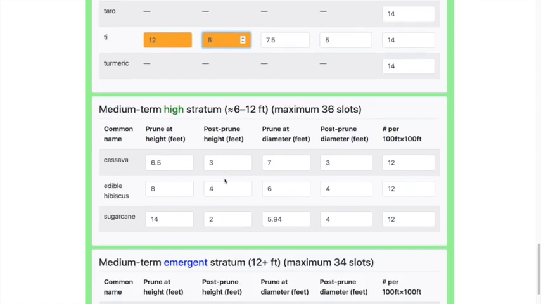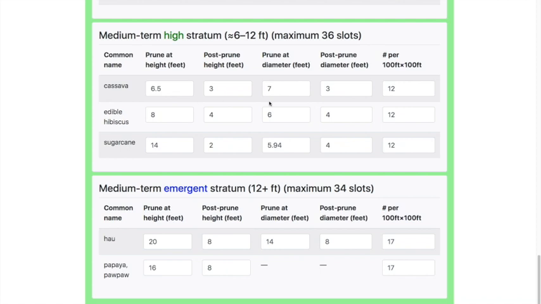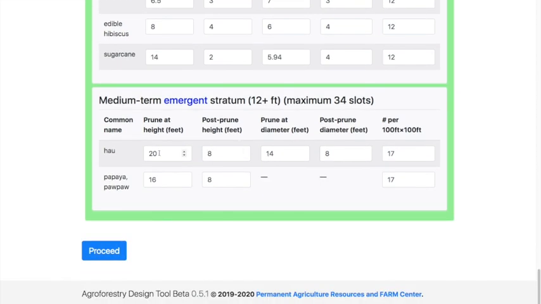Okay. This all looks good. Increase the diameter of this. All right. All good. So now I'm going to go ahead and proceed.